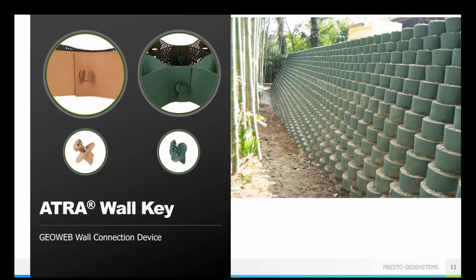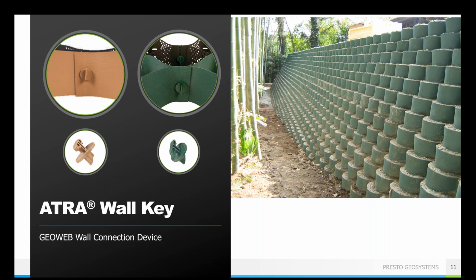It is formulated to withstand both weathering and ultraviolet radiation. So the ATTRA wall keys are not going to corrode or photodegrade even when exposed to harsh environments. This is compared to something like using metal staples or your standard plastic zip ties that you might get at any hardware store. These ATTRA wall keys are designed specifically for these types of projects and to be put in even the harshest environmental conditions. They require no specific or specialized tools.